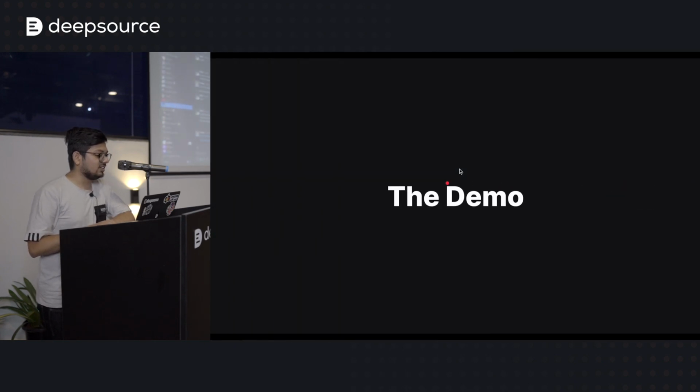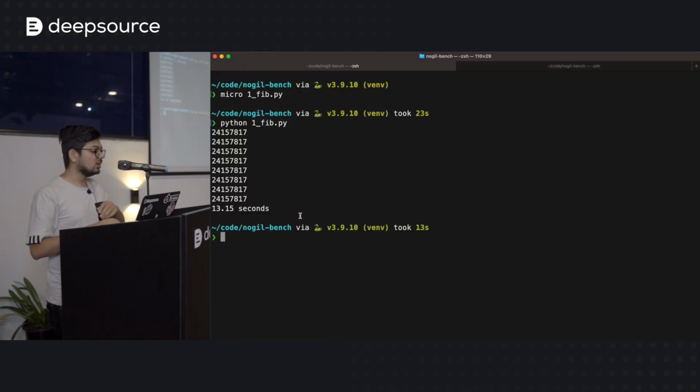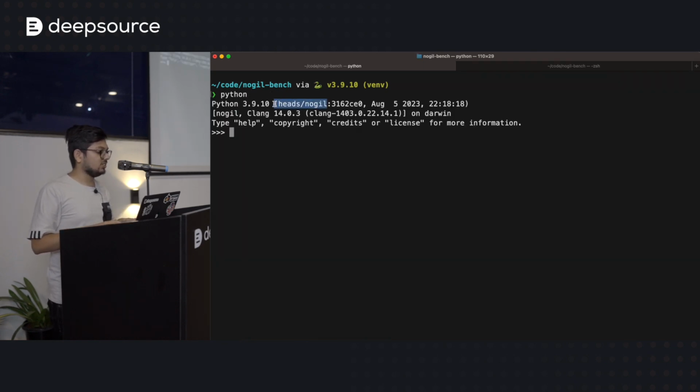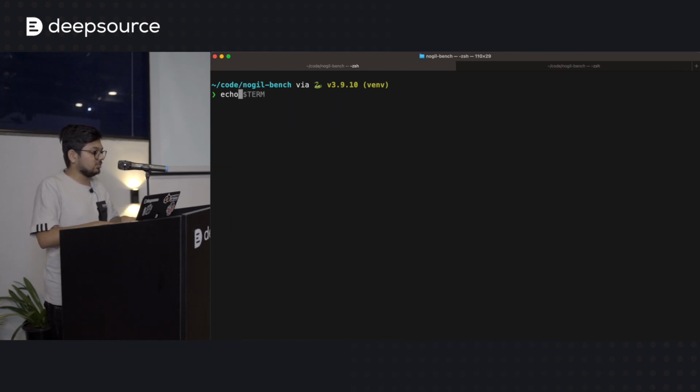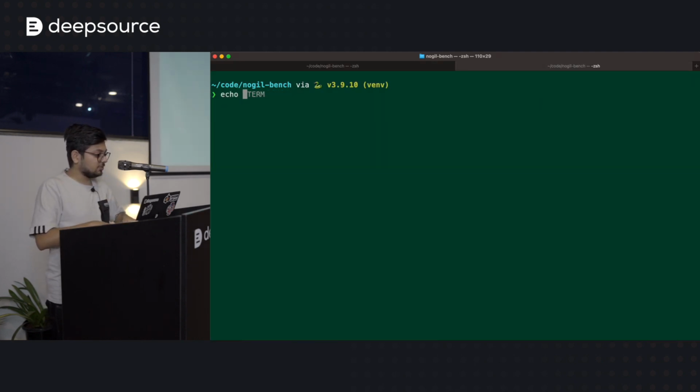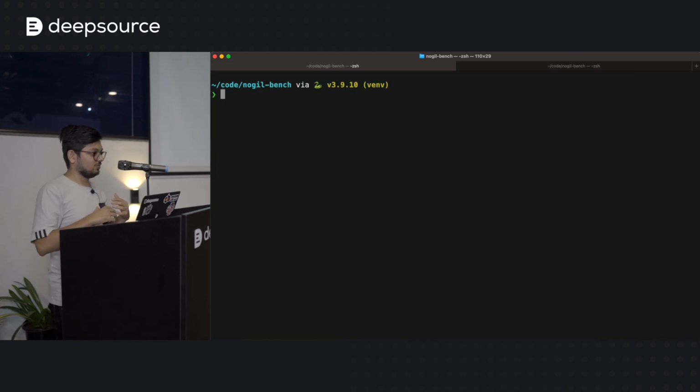So what I've done here is I've taken the code that was in the NoGIL branch created by Sam Gross, and I've installed that locally. So this specific window will have the GIL, and this specific window will not have the GIL. Okay, so we're going to see what difference it makes for programs.